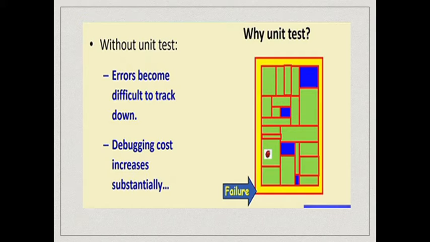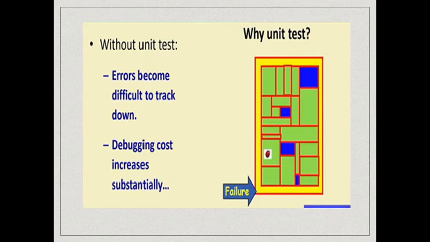Let's say these are all different units that are shown here in the figure, and we did not do unit testing, and assume a bug was there. Then we run several test cases. Some of the test cases failed, but to debug we need to check each and every unit, or at least those units which got executed during the failed test cases. But when we do unit testing, we know that the bug has to be within that unit.